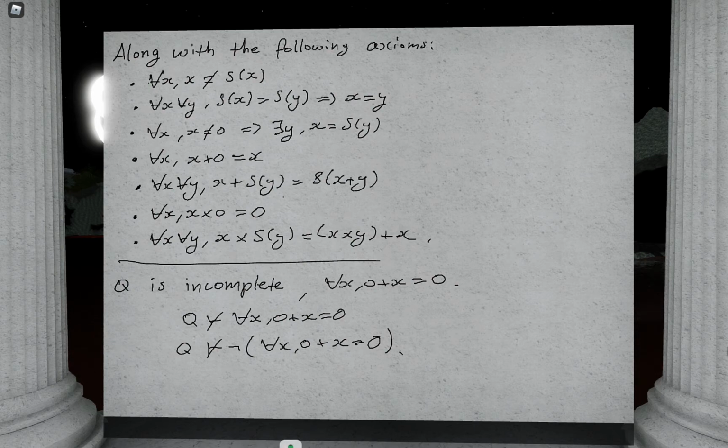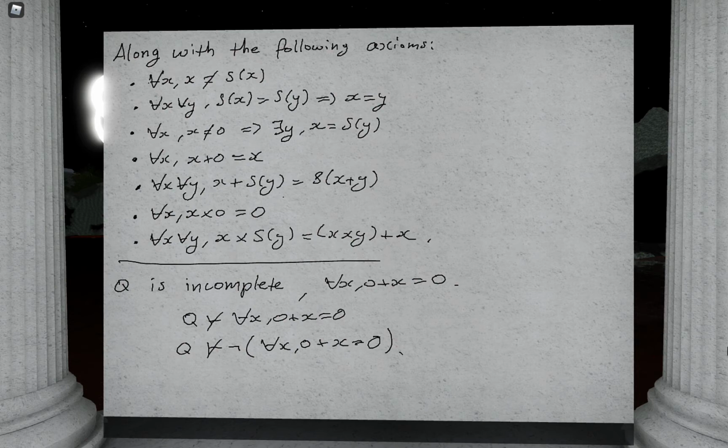Okay, so the fact that Q, if it's consistent, is an incomplete first order theory is not the interesting part. What we're more interested in is the fact that Q is incomplete and it cannot be completed. There is no extension to the logic Q that will render the system complete. So in some sense, Q is uncompletable. Okay, let me move to the next board in order to write something just before you do that.